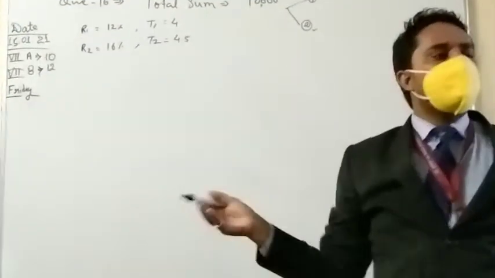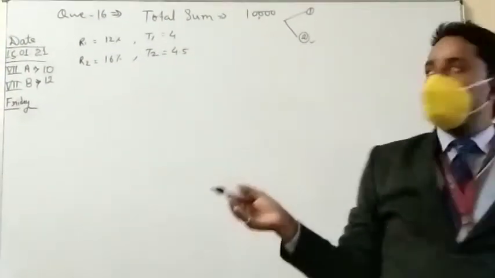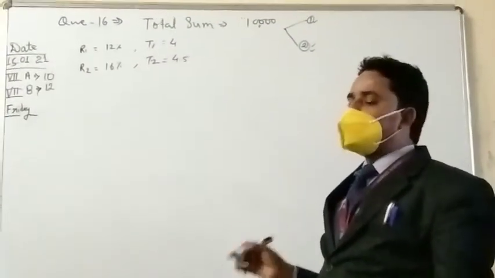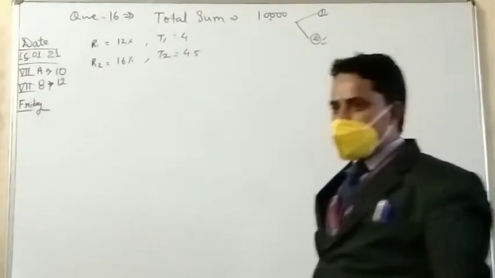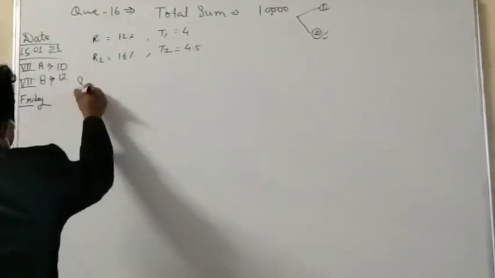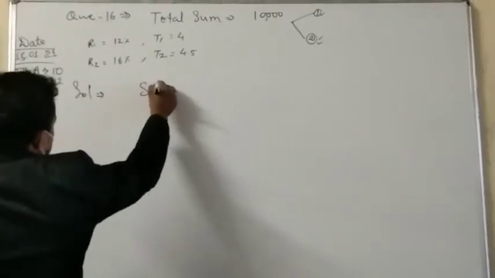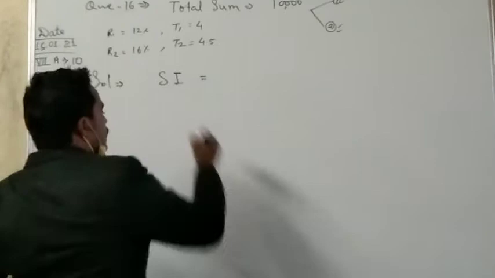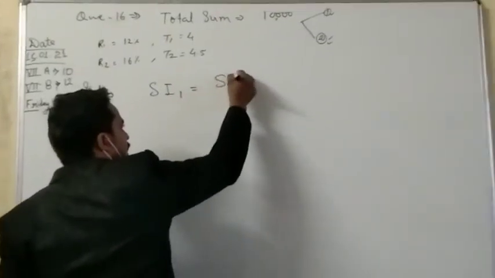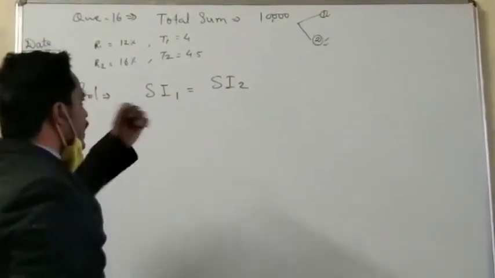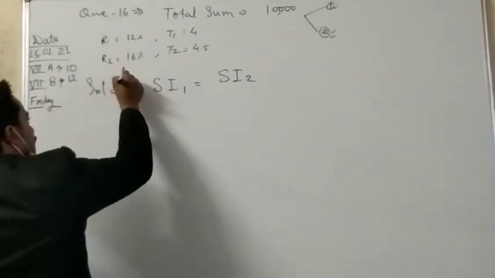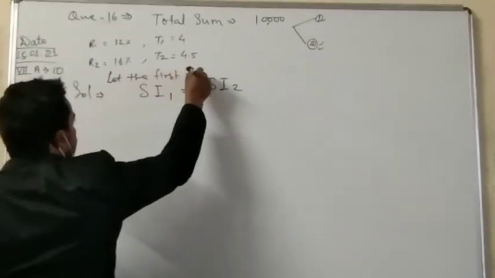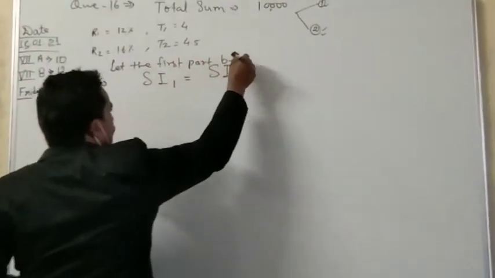We have to find both parts of this such that their simple interest is equal. So first of all, when we are going to solve, we will write SI1 is equal to SI2, and before it is necessary to write that let the first part be X,